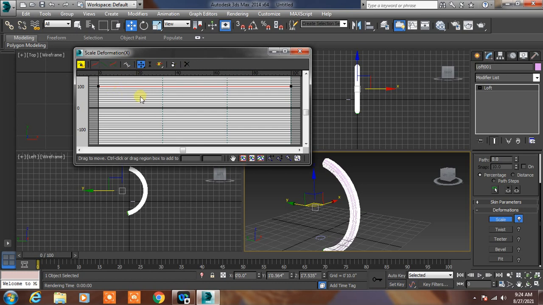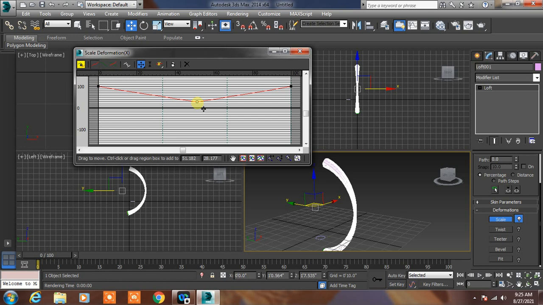In that graph shape, if you want to insert any point, that means a corner point, select this point and where you require, just click here. Then just select move and drag like this.